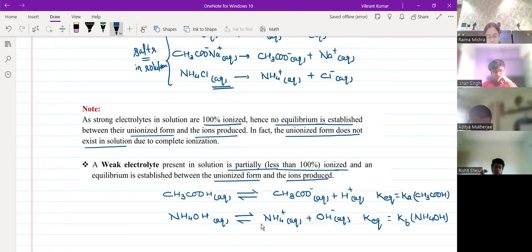Now, like I told you, after covering the 10 cases and then salt hydrolysis and buffer solution, now we'll be entering into a new section which will be called solubility of sparingly soluble salt. अब वहां क्या होता है, again we are talking about salt only, but what happens, जब भी हम उनका solid part dissolve करेंगे, only part of it will get dissolved and that will be completely ionized.